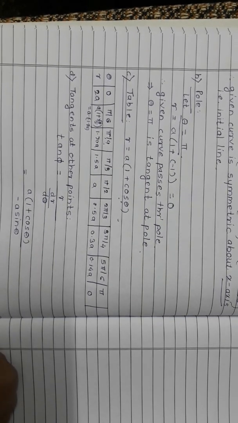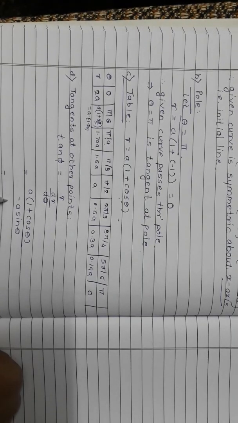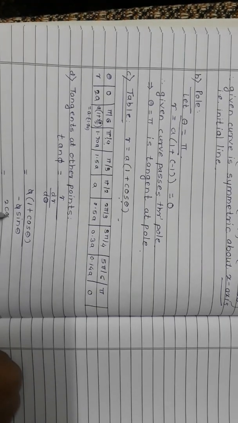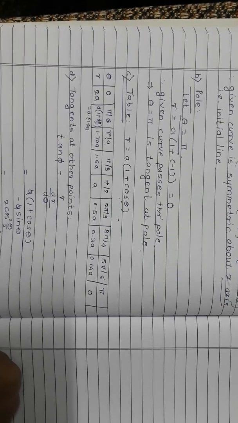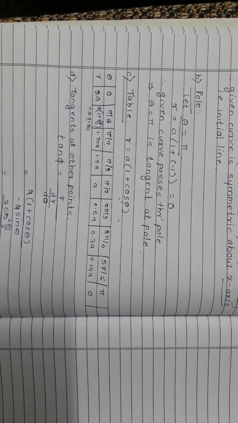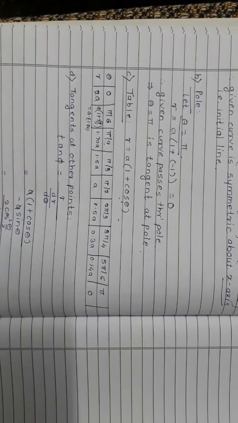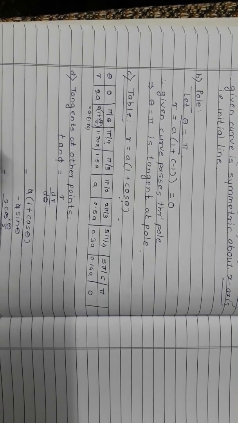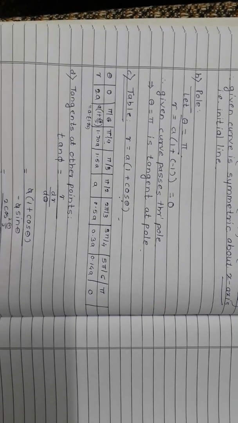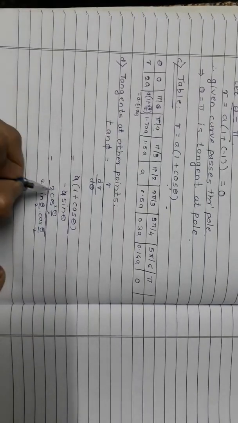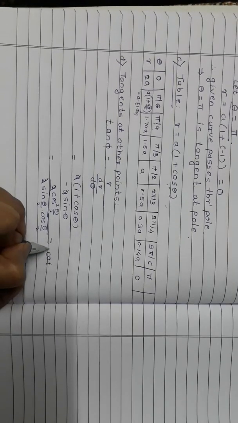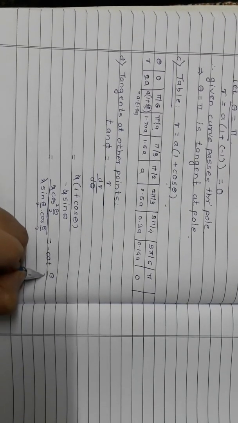I'll modify this a little bit. I'm going to convert this into half angle formulae. The a will get cancelled. 1 plus cos theta I can write down as 2 cos square theta by 2, and sin theta I can write down as 2 into sin theta by 2 into cos theta by 2, just a double angle formula. I'm making it half angle because this is just theta, right? This 2 will get cancelled and 1 cos theta by 2 will get cancelled. So this is cot with negative sign of theta by 2.